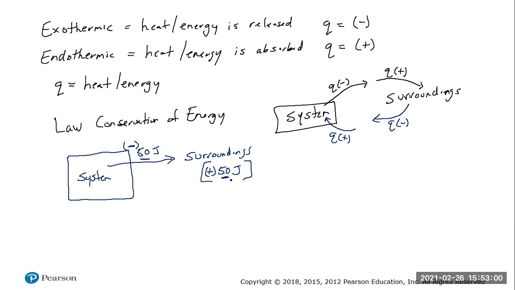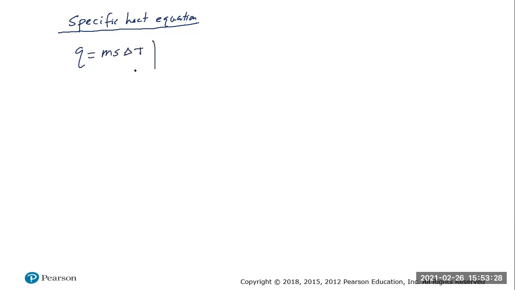Now, when we talk about specific heats, there's usually an equation that we could use to calculate specific heat. And the specific heat equation, and again, you're not going to be responsible for actual calculations using this equation, but as I mentioned earlier, I think it may help for the better understanding of the rest of the topics we're talking about here. But the specific heat equation is Q = msΔT.